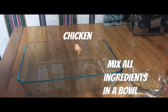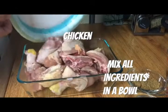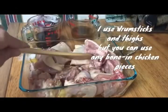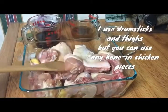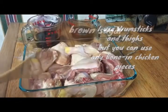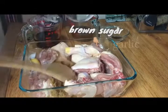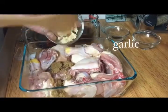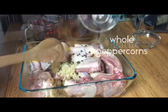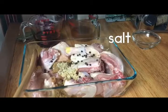So mix all the ingredients in a bowl like that. We'll put it in there. I use a drumstick and thigh. I like drumsticks a lot, but you can use any bone-in chicken pieces. And then you add brown sugar and garlic, and the whole peppercorns and salt,